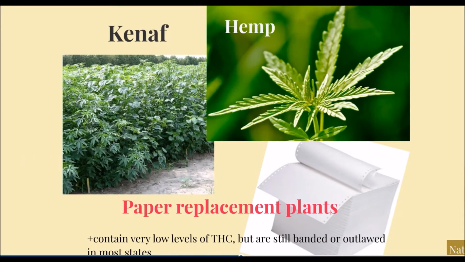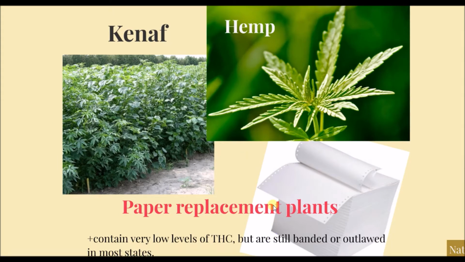Another thing is to find replacement plants for that. Kenaf is here, and also hemp. Yes, it looks like marijuana because hemp is a variety of the marijuana plant. It's also a variety that doesn't have THC, which is actually the chemical that makes you high. But on the books in a lot of the states in the United States, hemp products are not allowed because they are tied to that marijuana plant species. It's not the same variety, but it's counted as that marijuana plant, that illegal drug, so it's not allowed in any or most states in the United States.